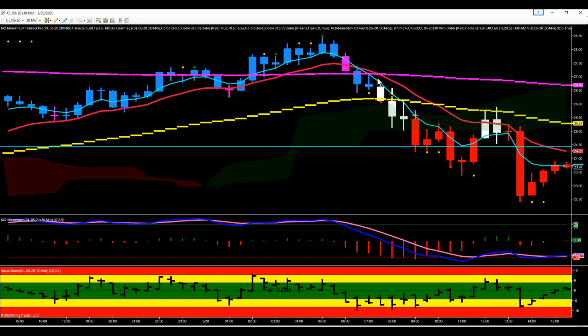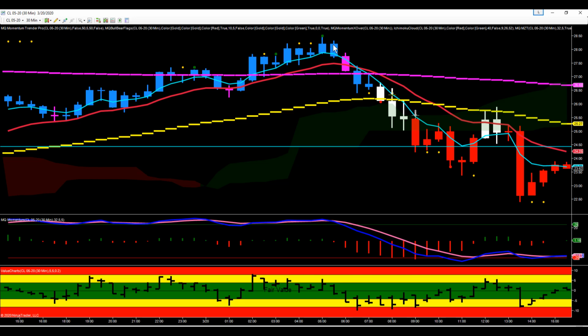Again, the 5 and the 13 crossed to the downside, 50 EMA under the 200 EMA. First trade of the day wasn't in perfect alignment, but a very bearish setup leading into the bear flag. Again, with these flags, we want to see a strong move in the direction of the trade we're going to take,